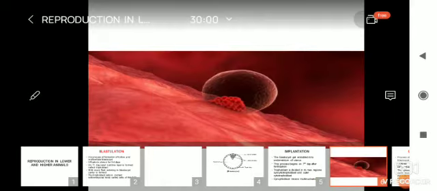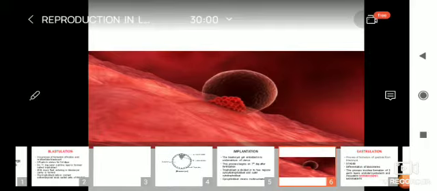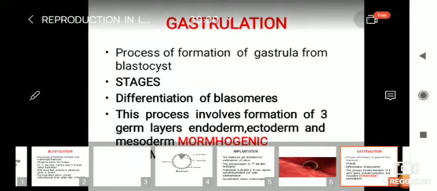Here you can see the actual process of implantation. The blastula is getting implanted into the uterine wall. Gastrulation. Formation of the 3 germ layers is called gastrulation. Ectoderm, endoderm, mesoderm. Ectoderm forms the